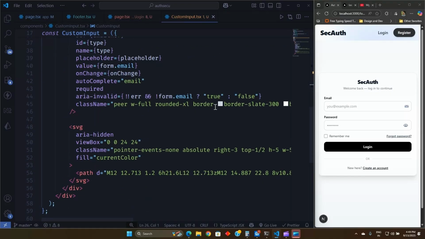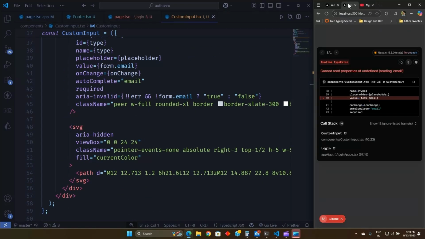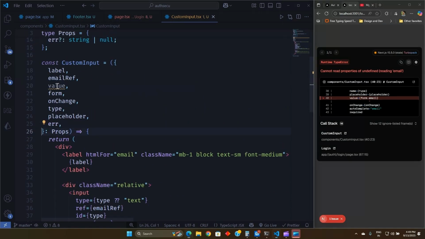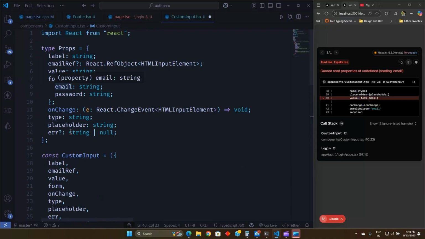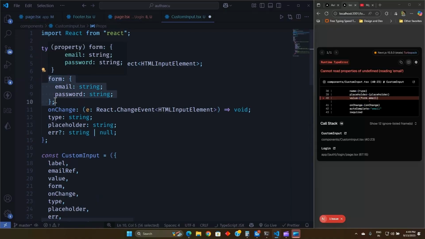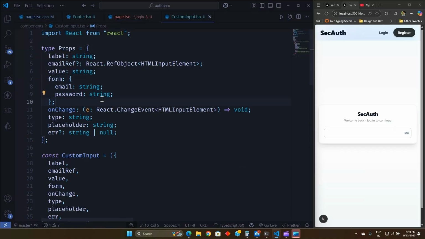So now I think all the errors are fixed. Let's go to this page, and you can see we are getting errors because we didn't pass anything. Let's also add value. So here value will be coming from here. Actually we don't need this form, but for now let it be. So now you can see the error is gone, and let's pass all the props to it,